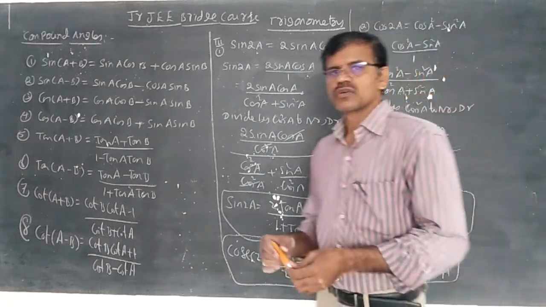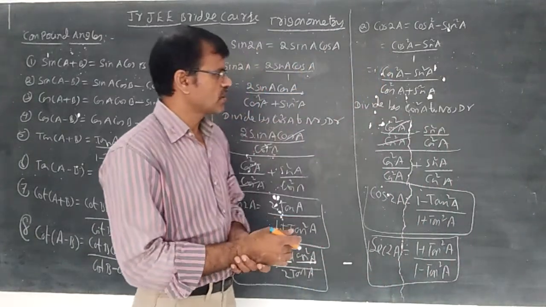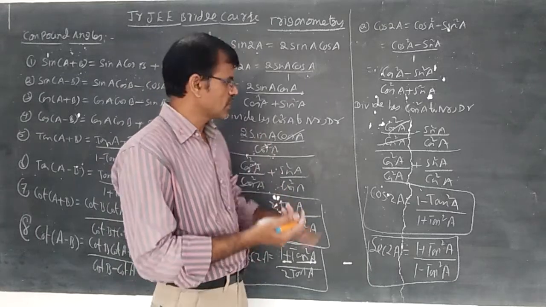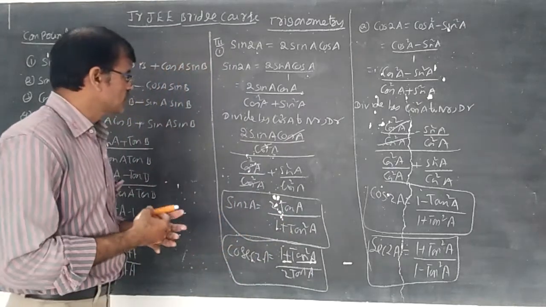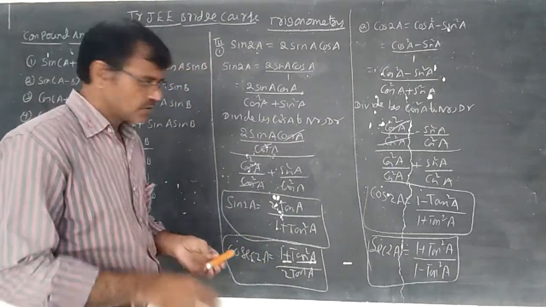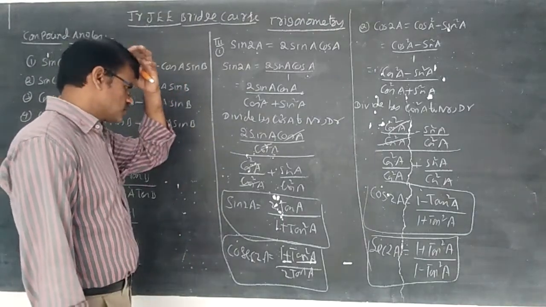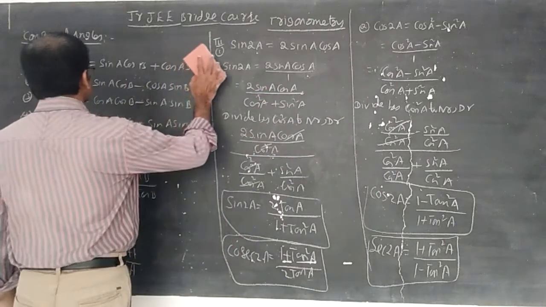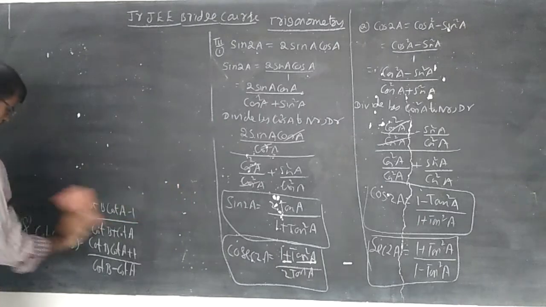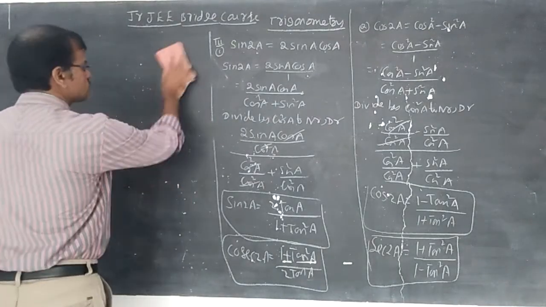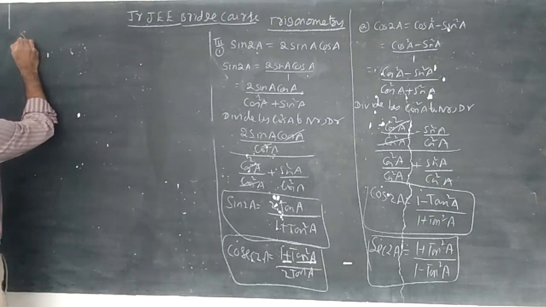For cot also, 1 by tan becomes cot and 1 by cot becomes tan. You can use the formula cot 2A in terms of tan, tan 2A in terms of cot. And in a similar way we got the formula for cosec 2A minus cot A. Everything we got now depends upon multiple angles, which we have discussed. So depending upon multiple angles we can use the submultiple angle formula. Now let us write the submultiple angle formula.